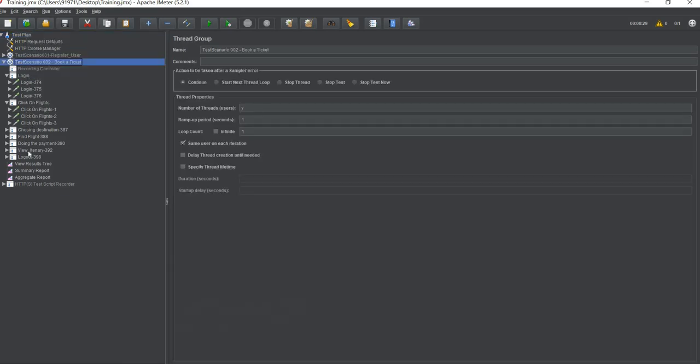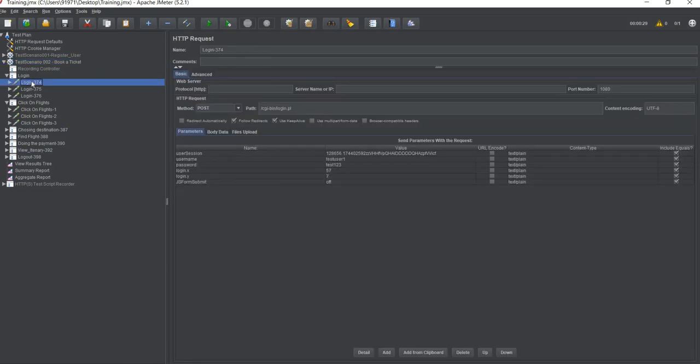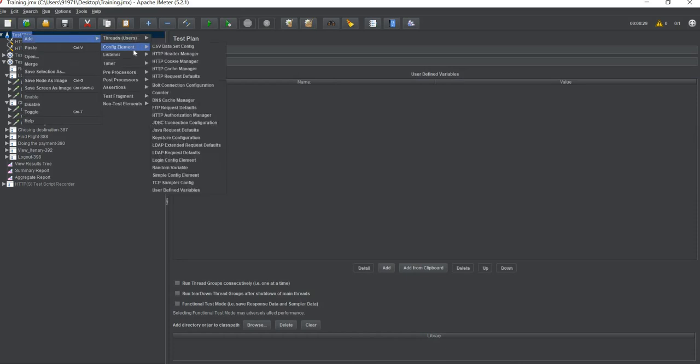After thread group, which contains all the scenarios, and in these scenarios we have the samplers. So above samplers we need some properties to control these scenarios, or you may say to define what values these scenarios will have. If you see over here, this is the HTTP protocol, and I just go to test plan and click on add. Next is the configuration element. So what is a configuration element?